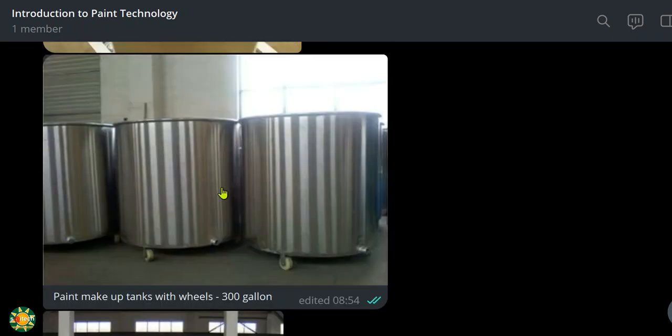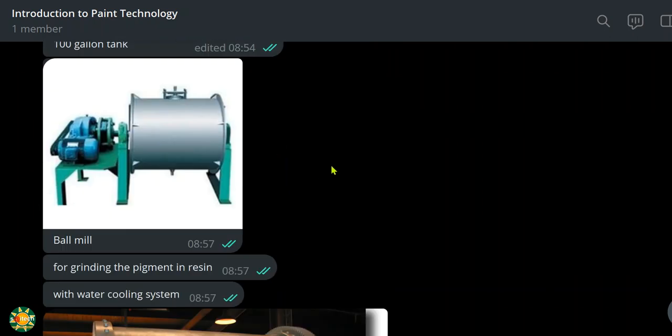And you have various types, a 100 gallon tank or 300 gallon paint tank with a proper roller, and it can be moved here and there also. So here is another 100 gallon tank where you can have about 100 gallon of paint made finally after the